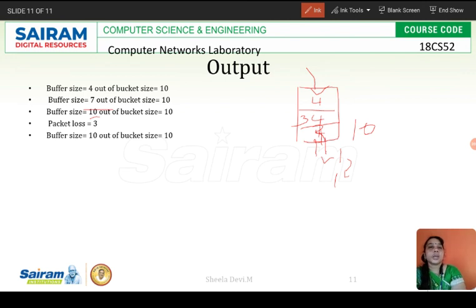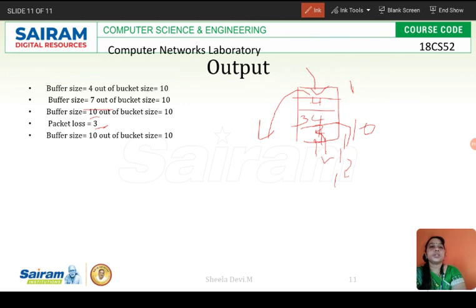If the next packet comes with another 4, then what will happen? It has to overflow. When the fourth packet enters, one more byte would have gone out from the buffer. Then it can accommodate 1 byte from the fourth packet, but the remaining 3 bytes will be lost.